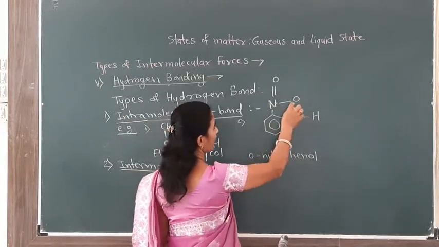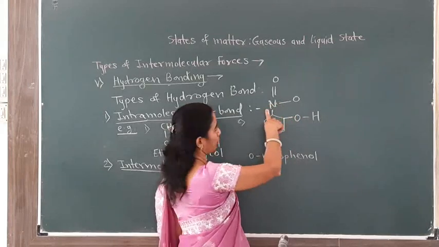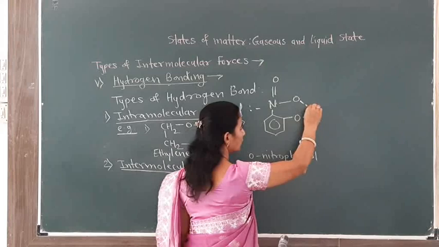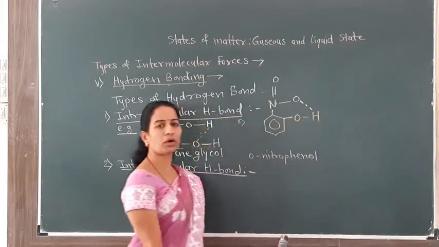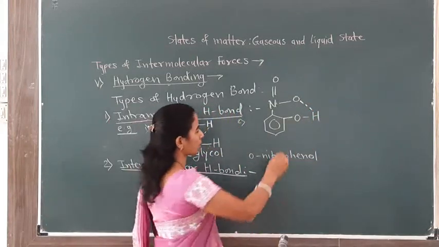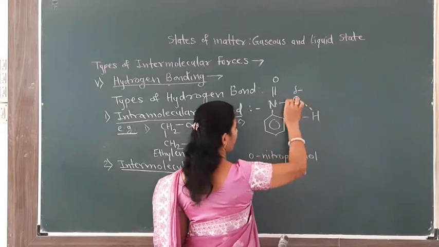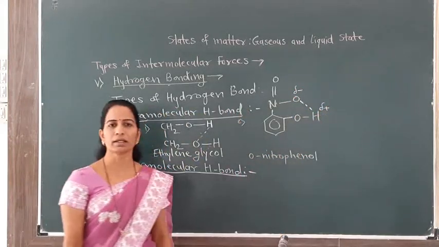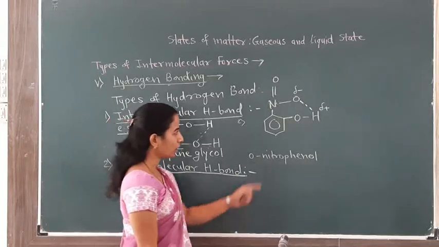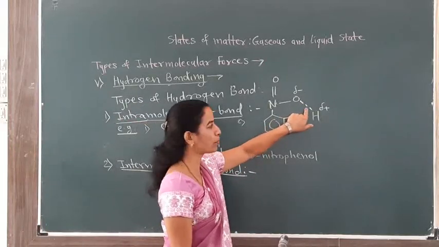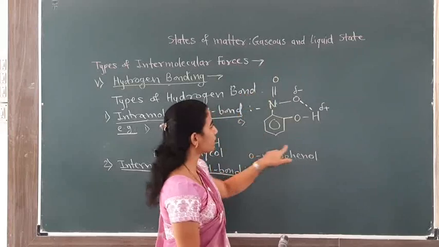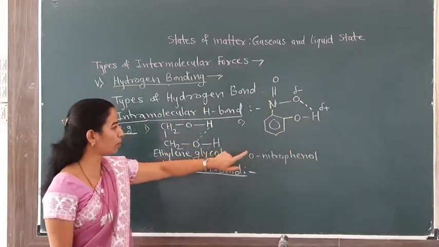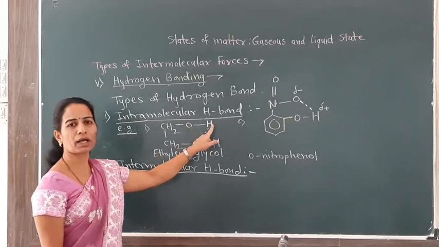The oxygen atom of this nitro group interacts with the hydrogen atom of the OH group, because again we know this oxygen will carry a slight partial negative charge and hydrogen will carry a partial positive charge. Now here the hydrogen bond is formed within the same molecule, and therefore it is again an example of intramolecular